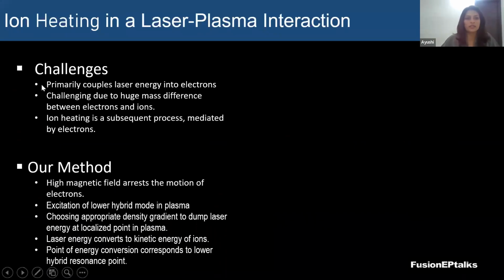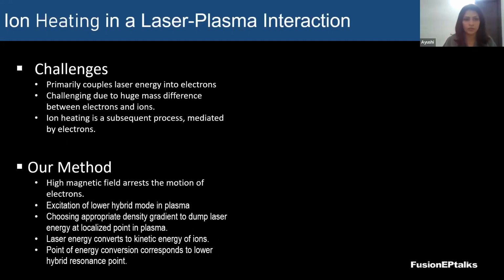Talking about ion heating scenarios in a laser plasma interaction, ion heating mechanisms are usually mediated by the electron dynamics. Electrons, being the lighter species, are the first to respond to the incoming laser, and thereby coupling of laser energy into ions is a challenging task due to the huge mass difference between electrons and ions. So the motion of electrons plays a major role here, and ions follow them under the space charge created by